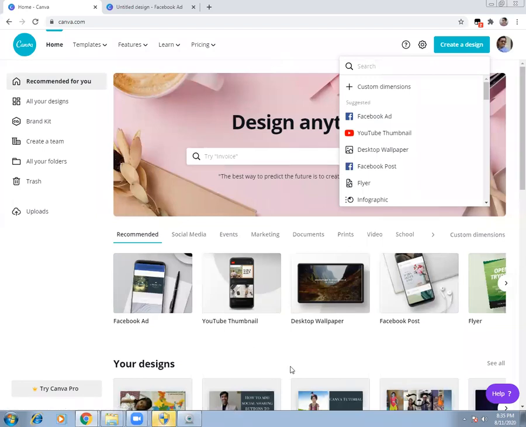Now we are starting off with Canva, and let's go ahead and create a Facebook ad. Let's do a live session. See, here it is giving a specification. For a Facebook ad, you need to have 1200 by 628 px. That's pixels. If you're going for a YouTube thumbnail, this is how it has to be.